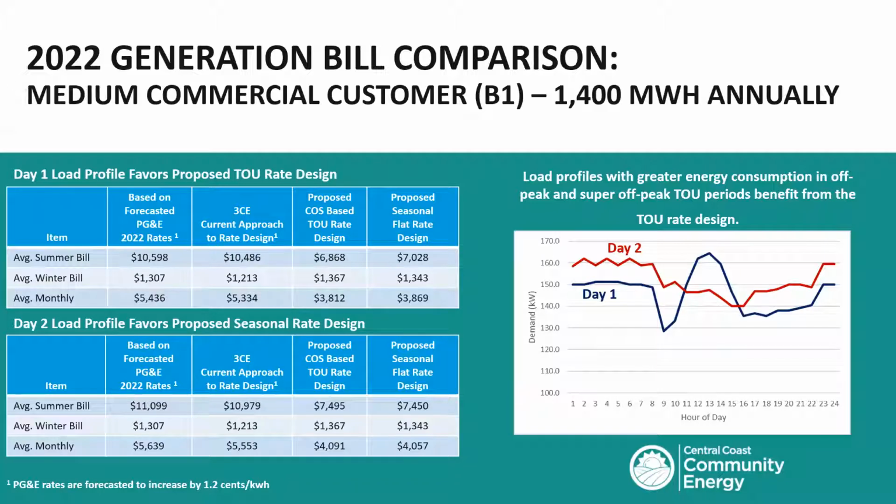For this example, instead of a weekend versus a weekday, we just picked 2 different days. And again, we looked at an actual customer load profile, and we said, day 1 example looks like this. They start out at 150 kW of demand. You can tell they actually go down for some reason during the 9 to 10 hour, then they peak back up. Whatever operations they're doing, they may have shut down some motors for an hour or so, then peaked back up. So you get a lot more spiky there in day 1. It's coming down and then trailing off.